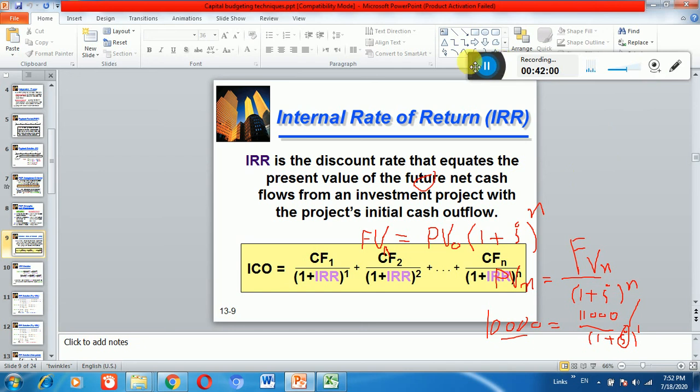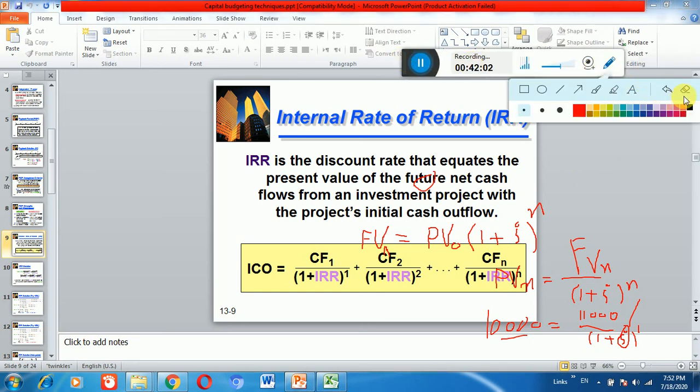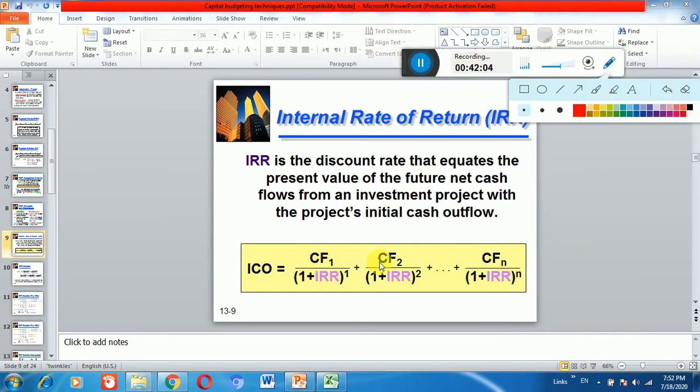So dear students, in this example, these are the future cash flows, as you can see here, and this is the initial investment. So what rate should I put here in order to discount all these future cash flows and get me back the initial investment? So now we are practically solving one example here, and you will get the IRR, the formula of IRR, okay. So look, dear students,